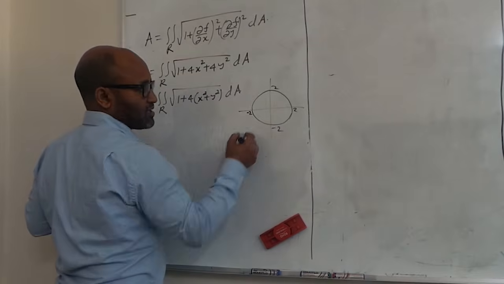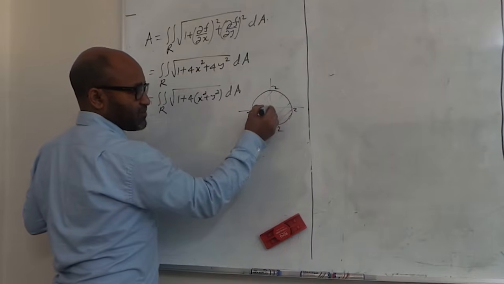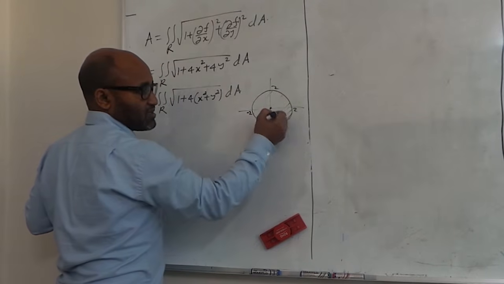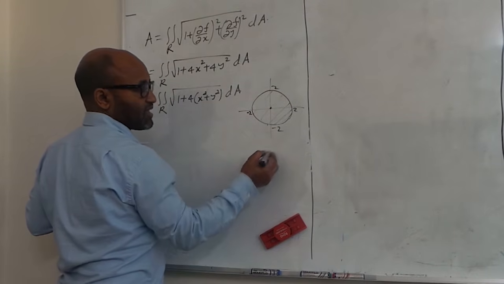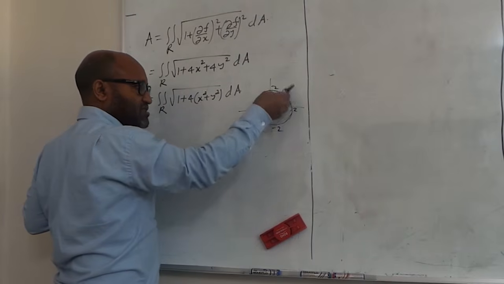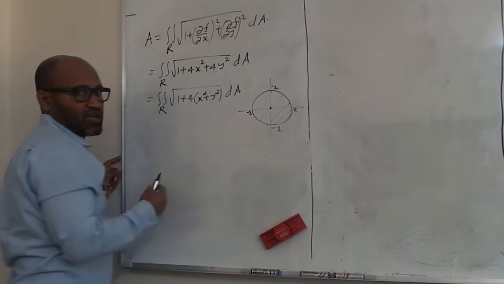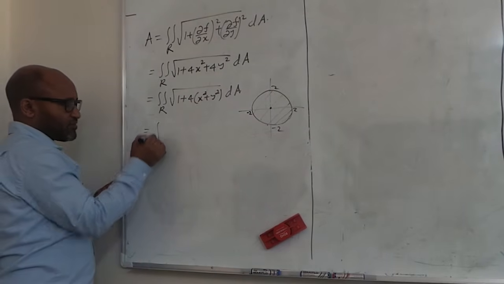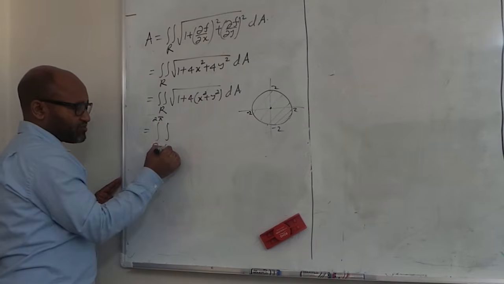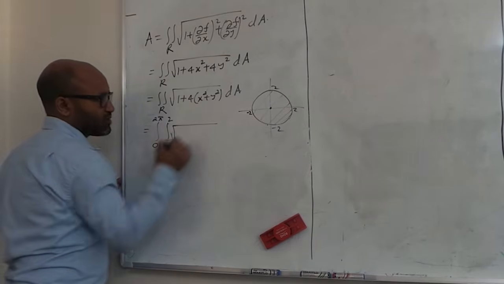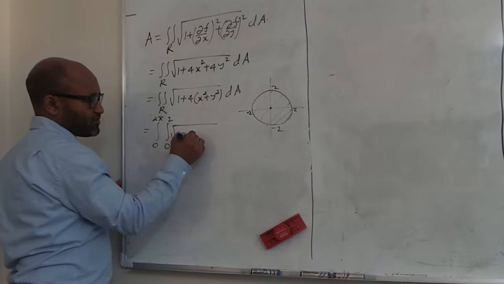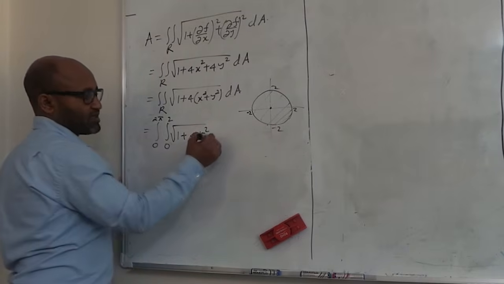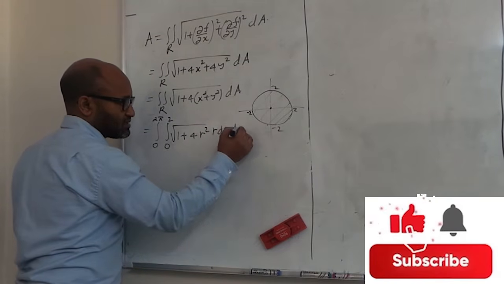So the region, radius ያለ ነው r. Therefore radiusአችን origin ነካል, ከorigin up to the circumference, ስለዚህ r from 0 up to 2. እንደገና circle ከፖዚቲቭ x axis ጀምሮ full circle ነው ሪጅናችን የሚያገኘው, ስለዚህ theta varies from 0 up to 2π. So theta varies from 0 up to 2π, r varies from 0 up to 2, the square root of 1 + 4(x² + y²), r² r dr dθ.